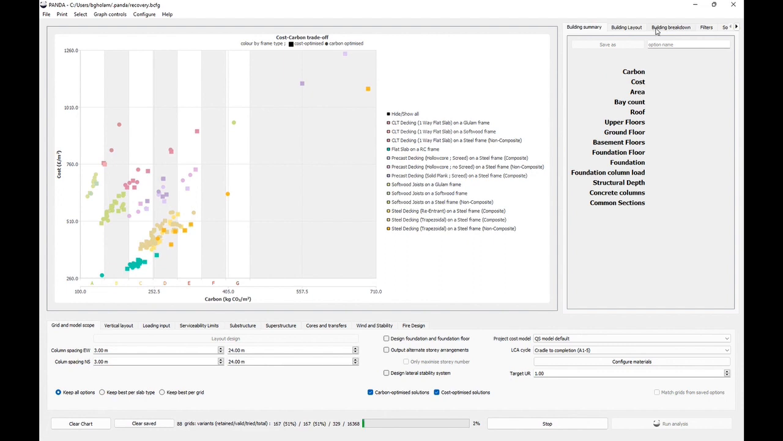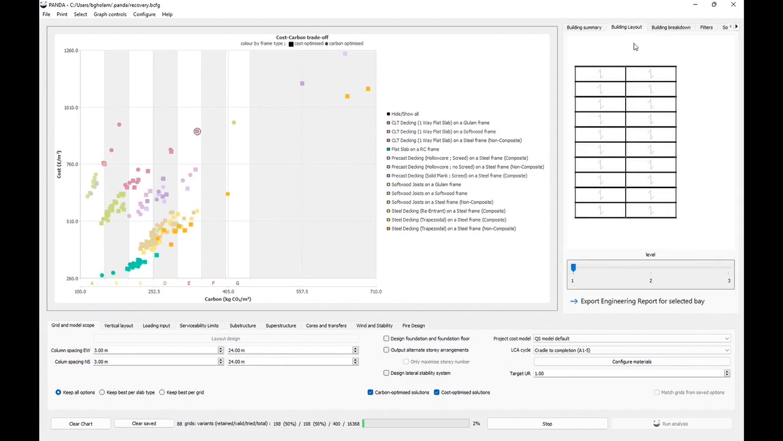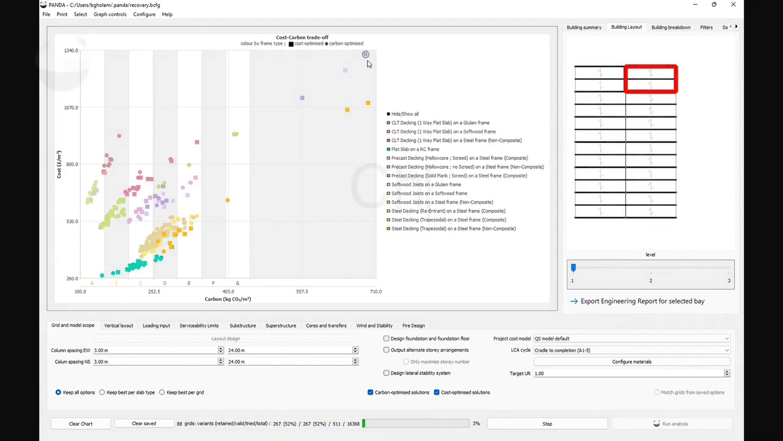16,400 options. So what we can see by clicking on a layout is that as we go up,